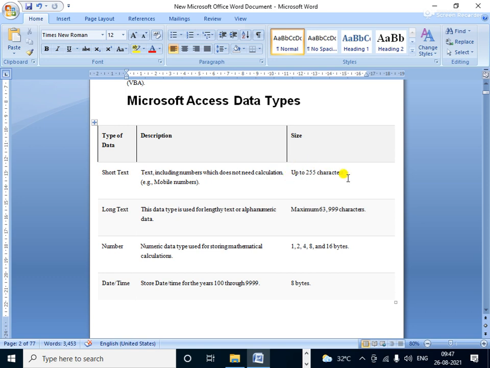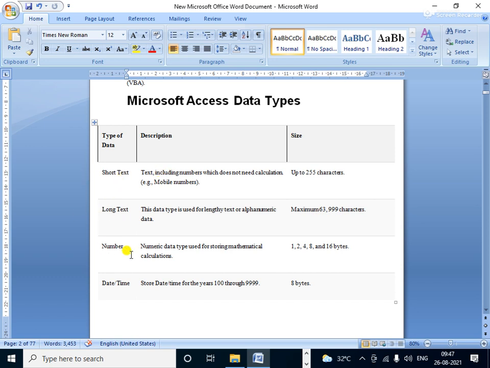The storage capacity limitation of short data is 255 characters, and the long text capacity is 63,999 characters. Most of the time the questions are: how many characters does short data, long data, or number accept?